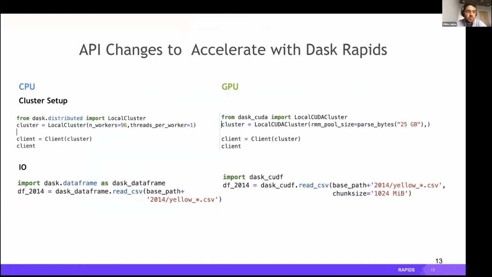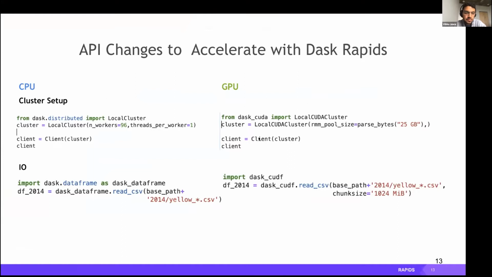With Dask CPU, you use Dask distributed LocalCluster, but with GPUs, you use a LocalCUDACluster. Everything else almost remains the same, but with LocalCUDACluster, we follow a one worker per GPU model. So while we have 96 workers here, with LocalCUDACluster, you have as many workers as the number of